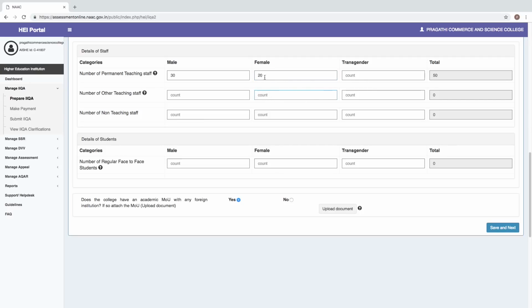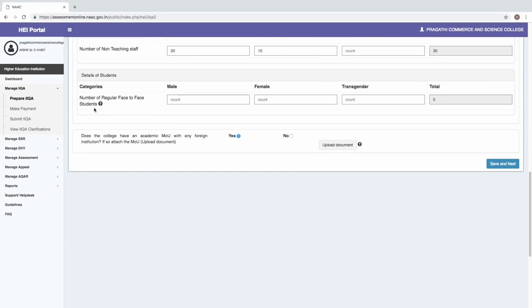That makes the count automatically 50. The other staff members, we would have around 15 male ad hoc faculties and 20 female ad hoc faculties, making the count 35. And we would have 20 male non-teaching staff and 10 female non-teaching staff, making the count 30. If you have any transgenders enrolled in your institution, you may also please enter the same.